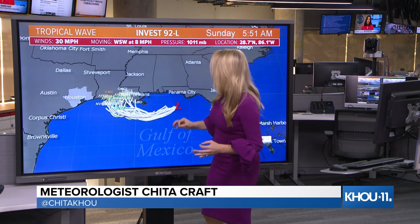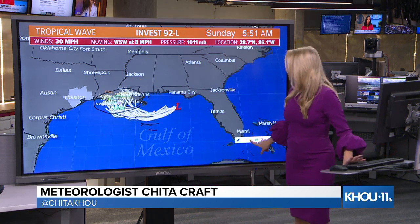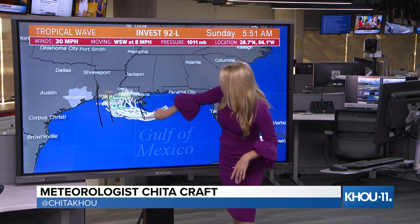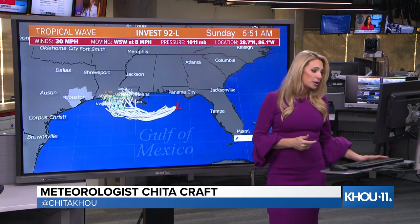So now we're looking at potential landfall from what will be tropical depression, tropical storm Barry, or even Hurricane Barry. So this is, again, just before 6 a.m. Sunday morning, potential landfall. And notice where most models are wanting to show it, towards the Louisiana border there. What the difference is going to be is with the shift going either west or east. If we're talking about impacts and potential landfall right along the Texas-Louisiana border, obviously we're going to see a lot higher rainfall totals than what we would see if the potential landfall is along the eastern fringe of Louisiana. So big difference. There's a big split as far as exactly how we can pinpoint the